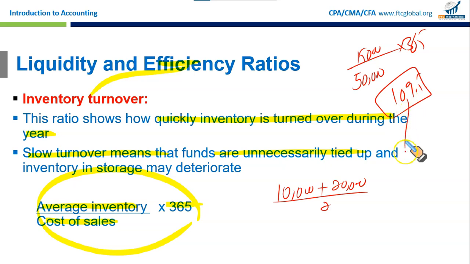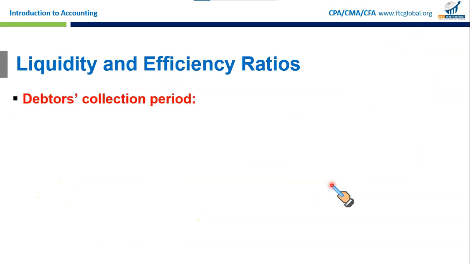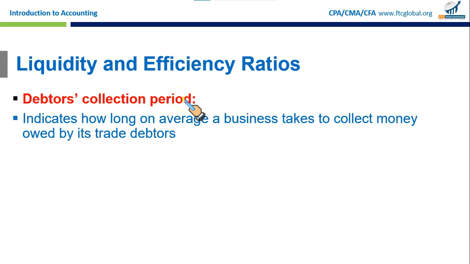So last year, if it was 150, then it means this time we have been more efficient in managing our inventory. So the lower, the better. Your inventory turnover days must be as short as possible. You don't need to invest too much in your inventory because unsold inventory involves cost. Next, debtors collection period means